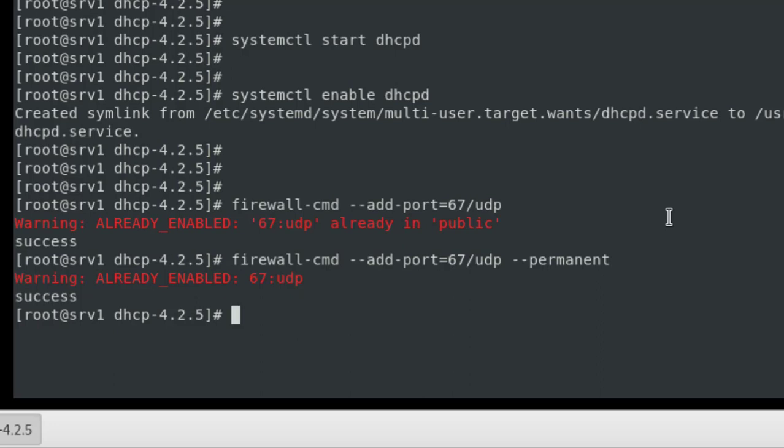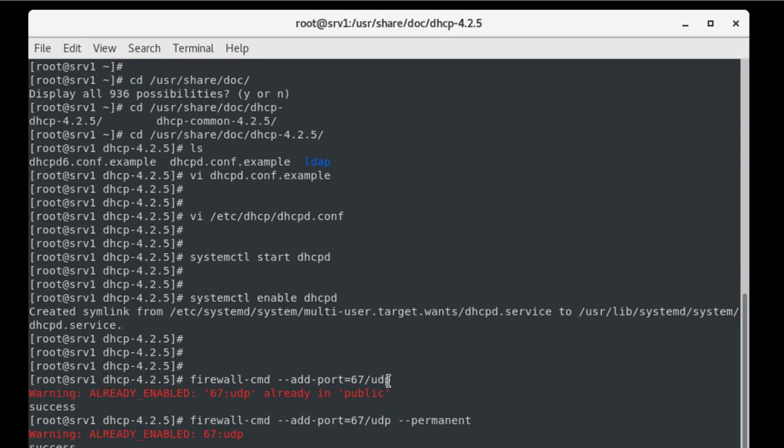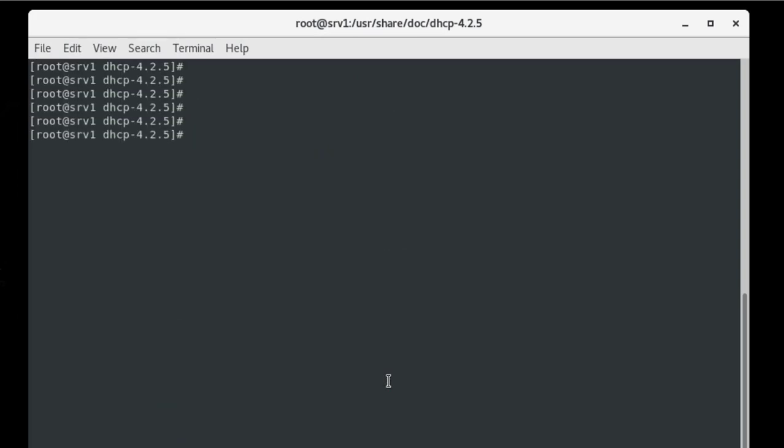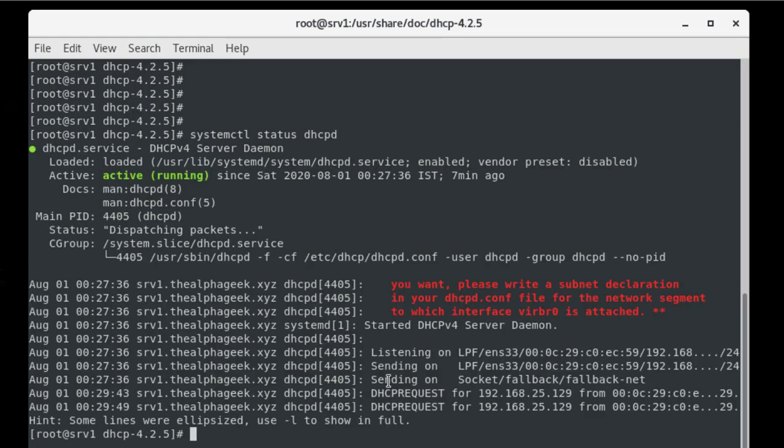In my case, because I've already enabled it, I'm getting an error, but a success is also coming. You can clear the screen. Then systemctl status dhcpd will give you the status of dhcpd right now in your system, and it's active and running.